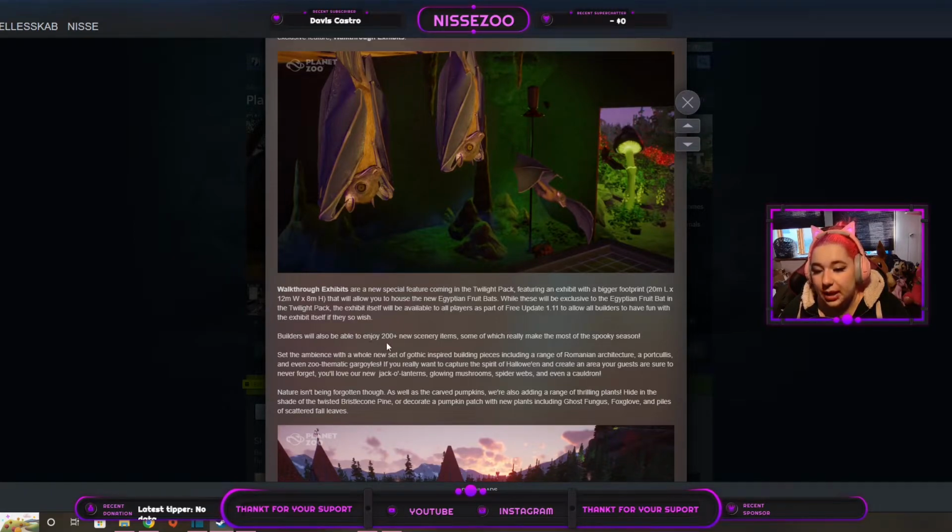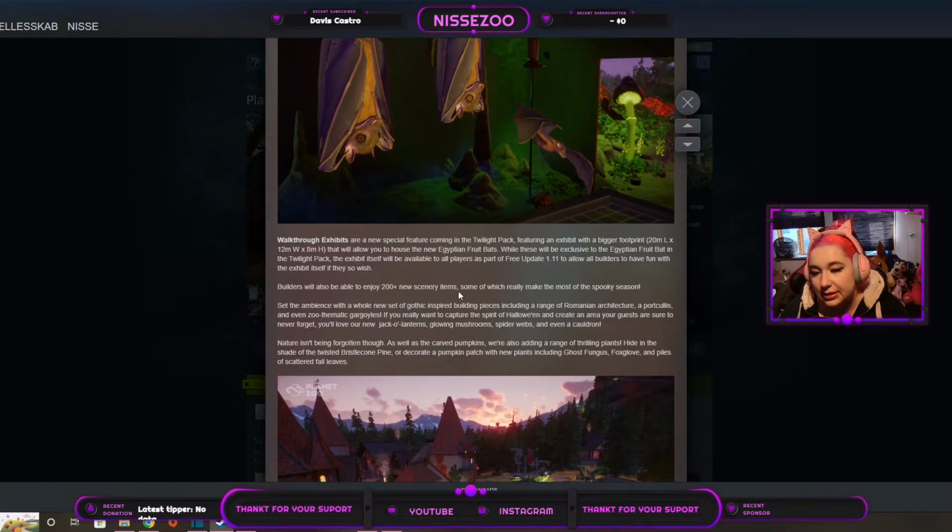Builders will also be allowed to enjoy 200 new scenery items. That isn't that many, some of which really make the most of the spooky season. This isn't a lot because we are getting new walls, I'm guessing. New walls, that's at least 10 pieces or 15. Then we saw a few different new roofs. Again, that's at least 5 for each. Then we got new statues. Again, it runs up, and every single small piece is a new piece. For instance, the statue with the candles, if that's one thing, then it's one. If it's two things, then it's two. The lamp, we saw these two different variations. Maybe there's a third one also. So therefore, it's... yeah...